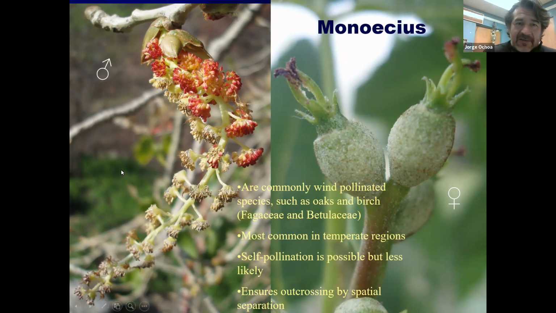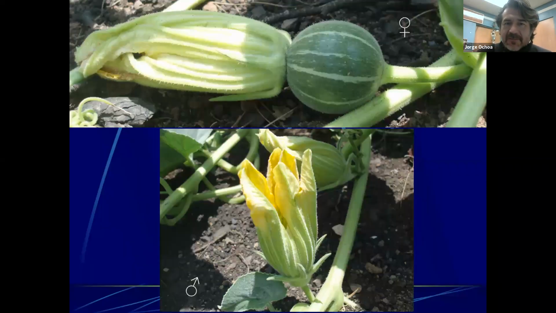So here we have the male flowers that are producing the pollen, and somewhere hidden would be the female flowers with the stigma and the ovary that will later become the fruit. So walnuts, acorns are going to be common examples of this, and also the members of the cucumber family. So here we have just a common gourd, which the female flowers has the ovary on the underside of the flower, and the male flowers have no ovary. So there's just going to be stamens with pollen.